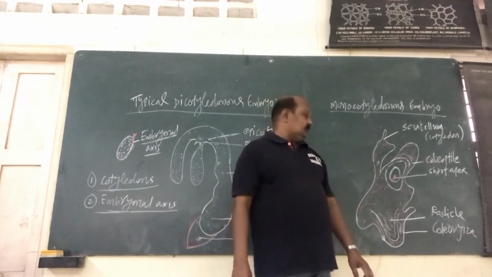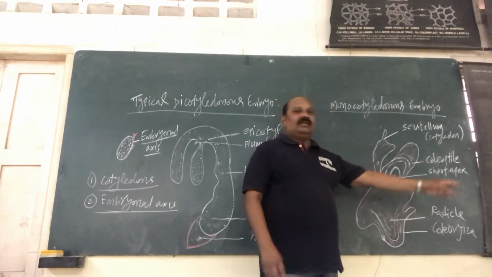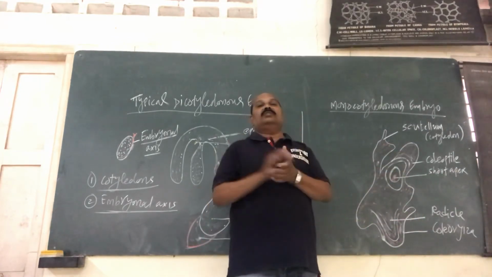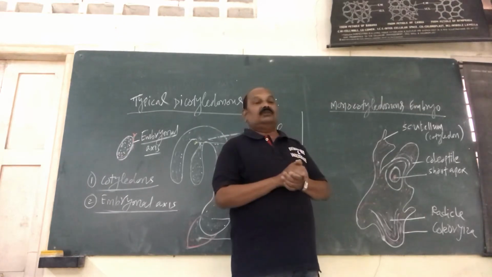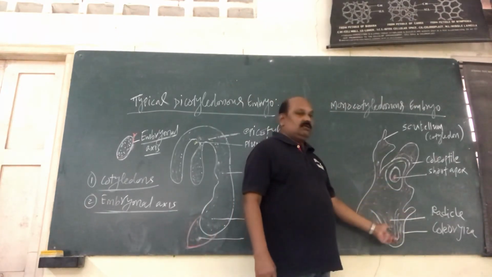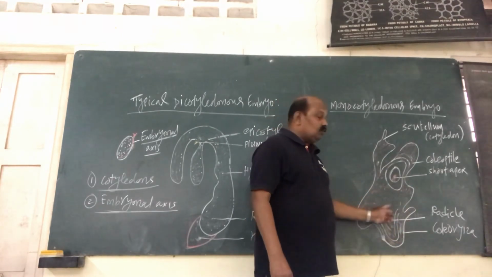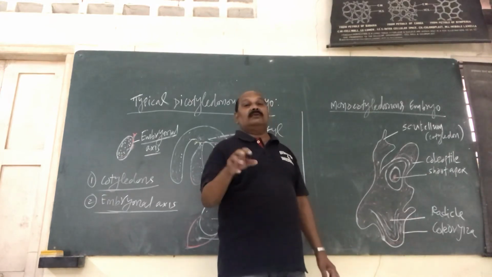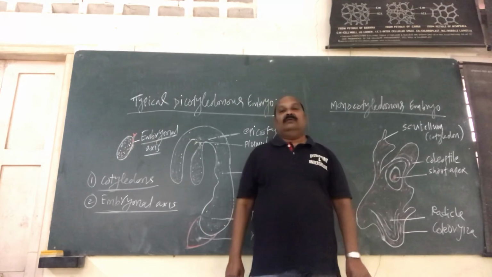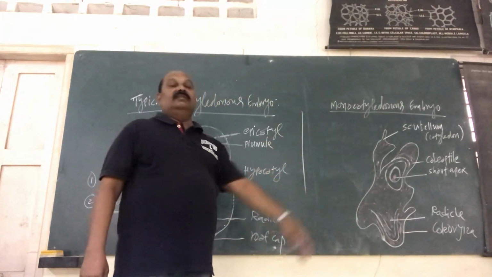Whereas the posterior part of the monocotyledonous embryonal axis is provided with a sheath-like covering of undifferentiated cells called the coleorhiza. By name only you can understand: coleorhiza, rhiza means root system, which is going to develop the root system on the side of the radicle. So the lower part of the base of the embryonal axis is called the radicle. The radicle is surrounded by an undifferentiated mass of cells, which you call the coleorhiza, which is going to develop the root system in the future. So these are the two types of embryo structure we discussed in this video.